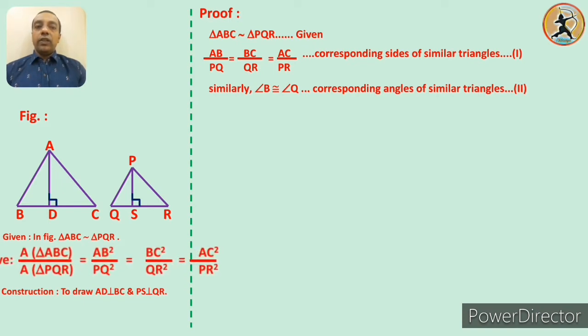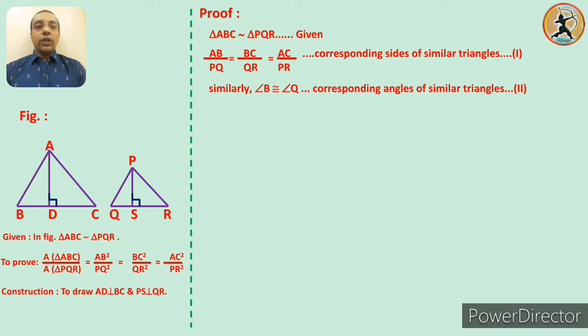What we have to prove here? We have to prove that the ratio of areas of these two triangles is equal to the ratio of squares of their corresponding sides. It means first of all we have to consider the ratio of areas of two triangles, and in the last videos we have learned that the ratio of areas of any two triangles is equal to the ratio of the product of their bases and corresponding heights. So by using this formula, if you have to write down the ratio of areas of these two triangles, we have to consider the bases and the corresponding heights of both the triangles.